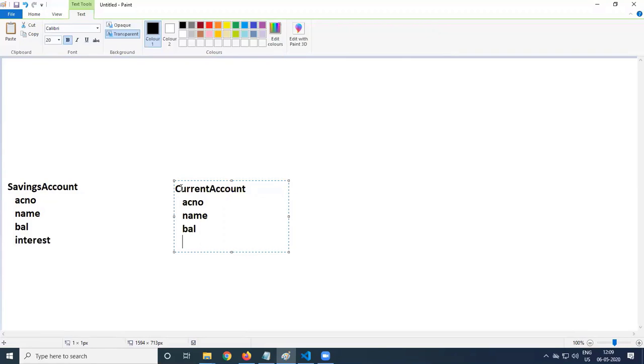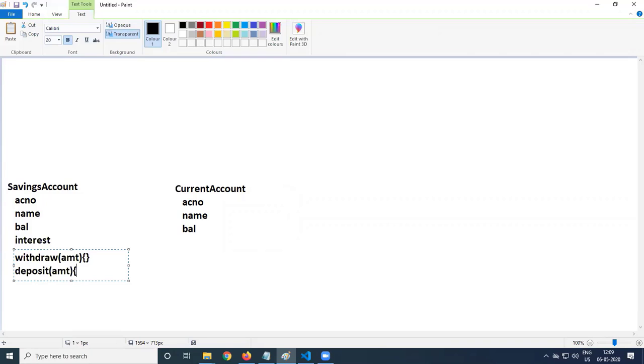Now, not only these account details, these are only the properties we mentioned. Like properties, some methods are also there. What are the methods in an account? Withdraw: some amount we withdraw. Deposit: some amount we deposit.